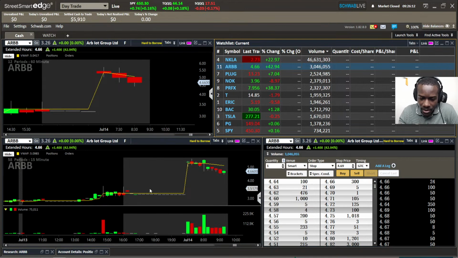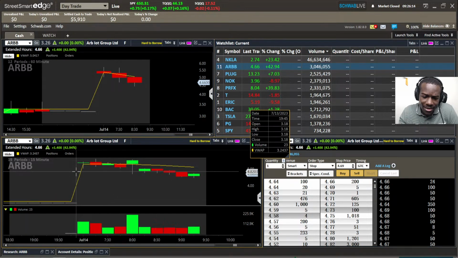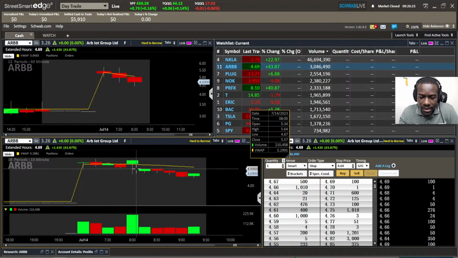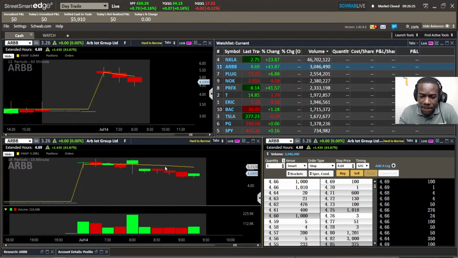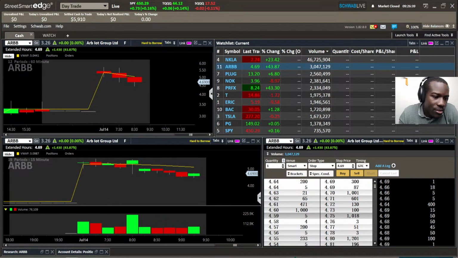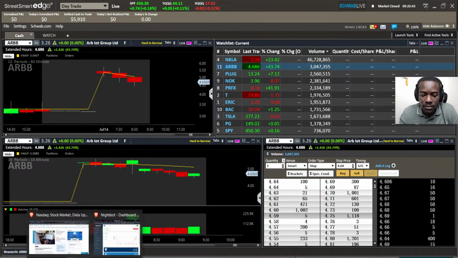But right now, we can look on the 15-minute chart. We can see what looked like a gap down through here, through a wick back through here, and then popped back up, and then ended up right down here under the $5. Something is telling me this one could get a little bit, but I need to see more volume on it. I just don't have the conviction. Plus, the news on this one, it's just an IPO. Hasn't dropped any other new news. Let me go see what ARBB actually does, though.